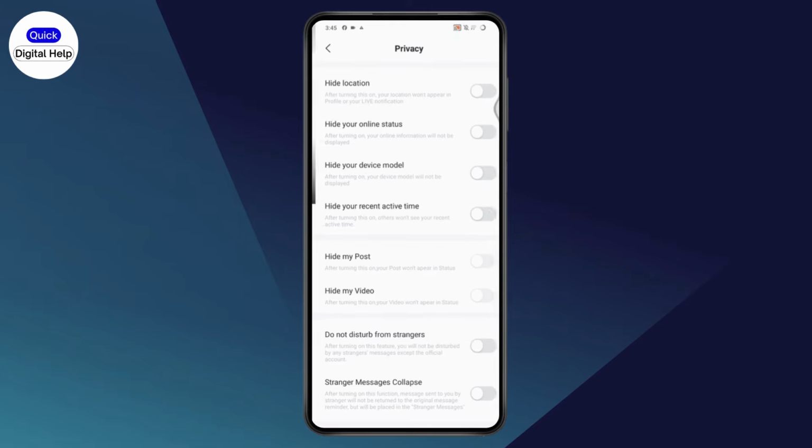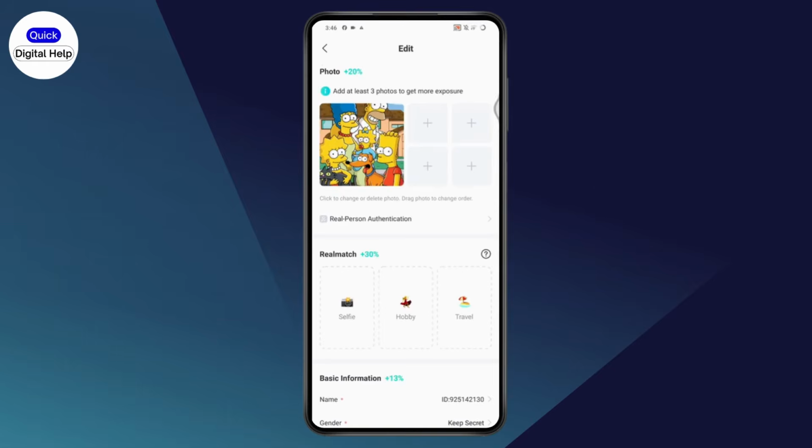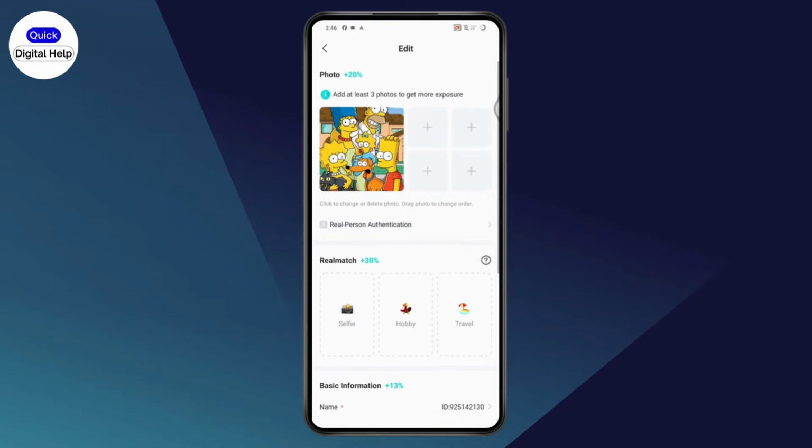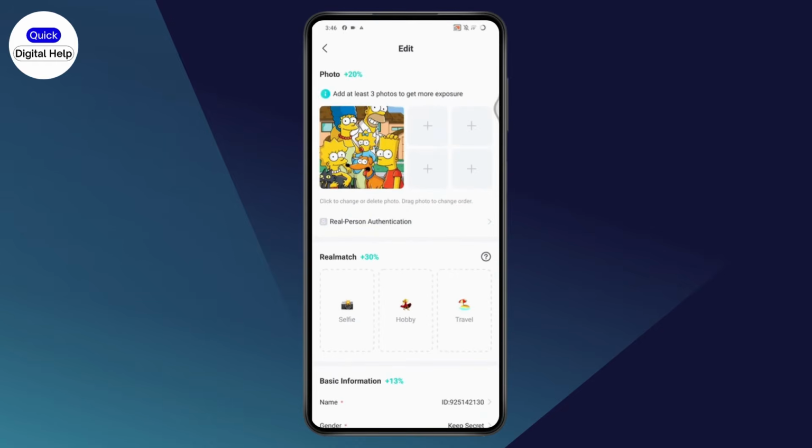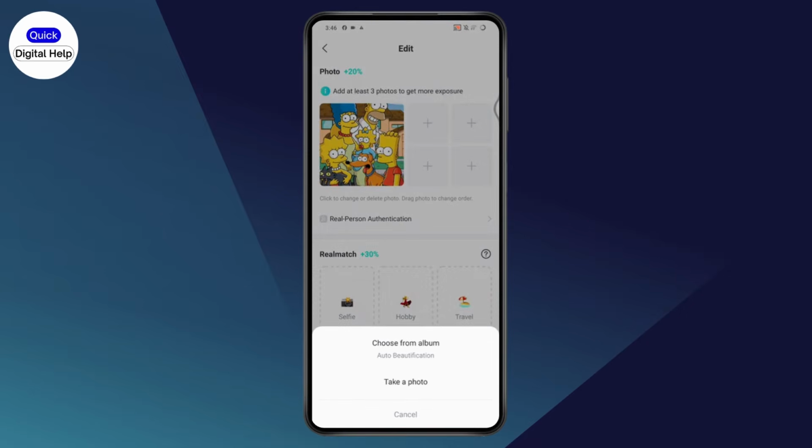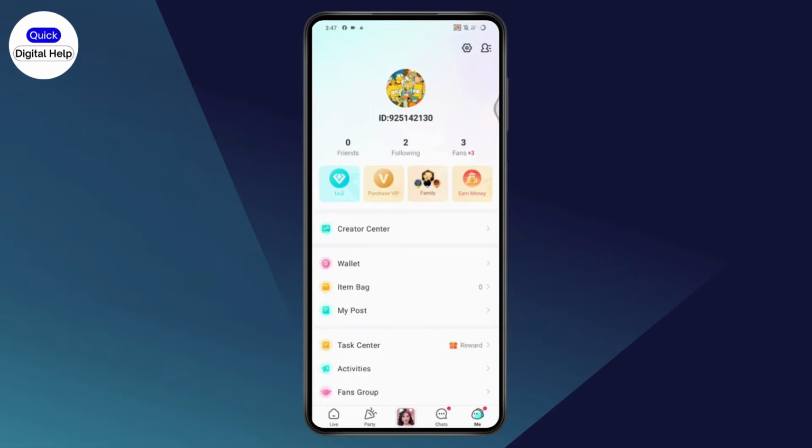Make sure that you have not hidden any of your post. Now on your profile, you may have post option. If you don't find the post option, you need to go with the top right, and from here you'll be able to post. You just need to simply go with the plus option, which is on the right side, and from here you can choose photo or a video,